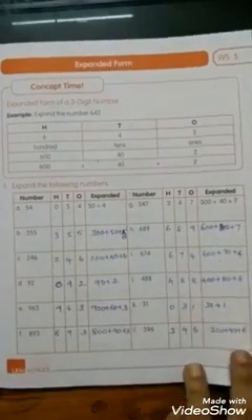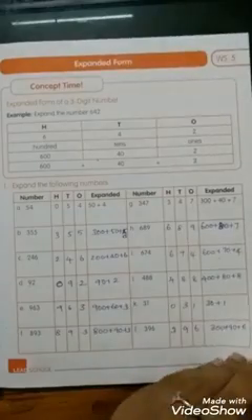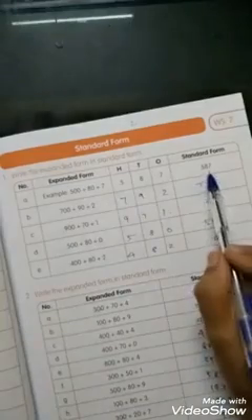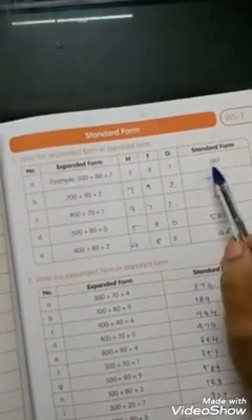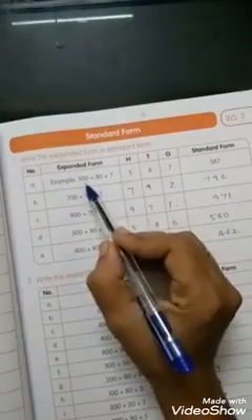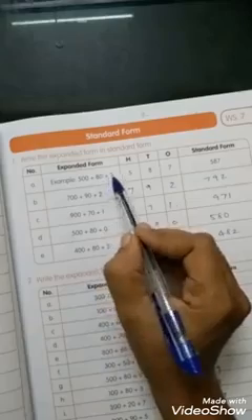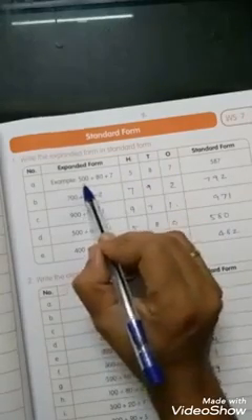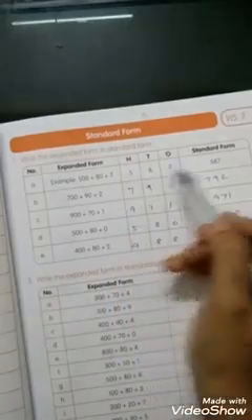Yes. Shall we move to the next topic? Yes. What is the next topic? Yes, standard form, isn't it? They are giving the expanded form. We want to write the standard form of that expanded form, okay? So the expanded form is 500 plus 80 plus 7. 7 is in the ones place, 8 is in the tens place, 5 is in the hundreds place. So the standard form is